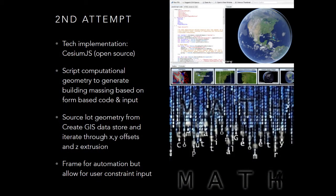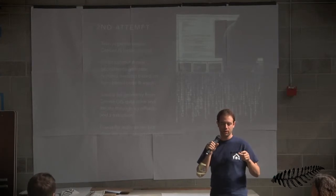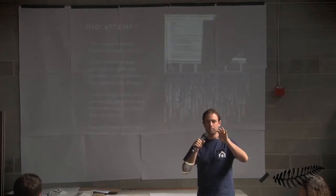So with our second attempt, we actually used a lot of the bundled tools that are built into the virtual globe that we're working with, which is Cesium.js, an open source virtual globe and a web-based version of Google Earth that is a lot easier to work with, assuming you don't have an Intel graphics card. And we wrote our own scripts for computational geometry to process that information and work with the X, Y, and Z axes through our GIS data to basically put the framework in place for automated